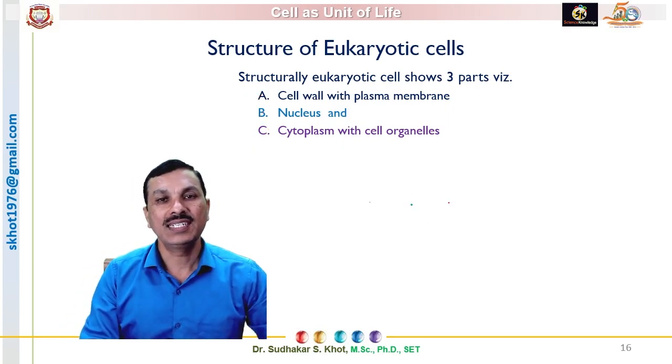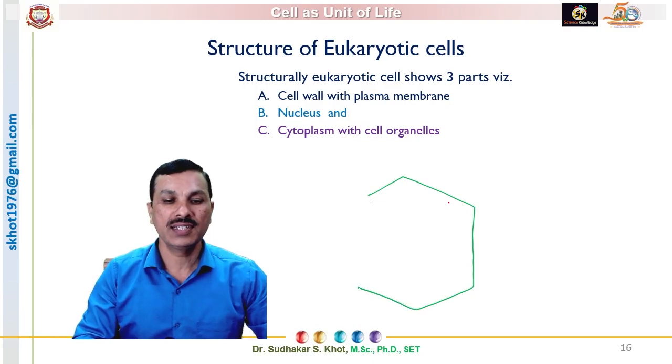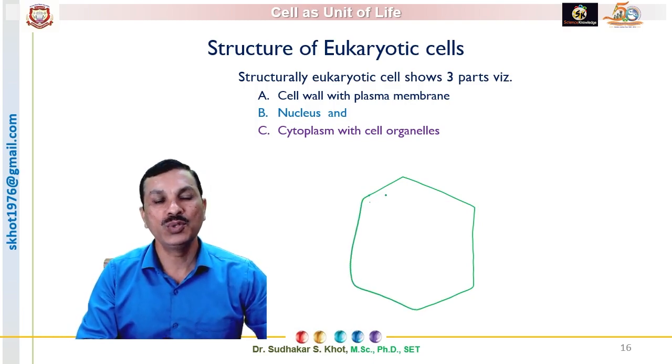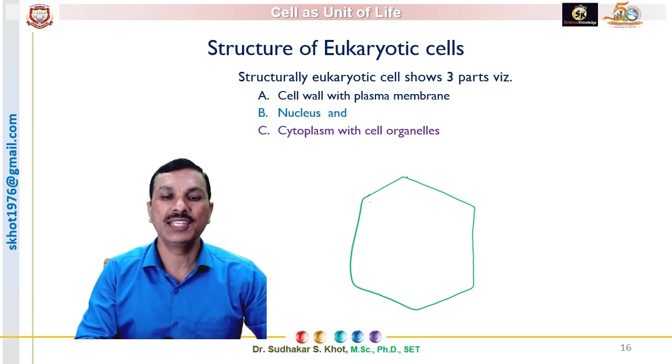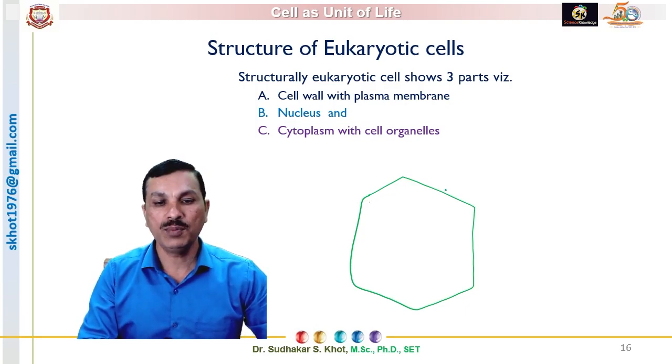Let us draw the structure of the eukaryotic cell. The mature eukaryotic cell may be a polygonal structure, whereas the younger eukaryotic cell is usually oval or spherical in shape. The outermost layer is made up of